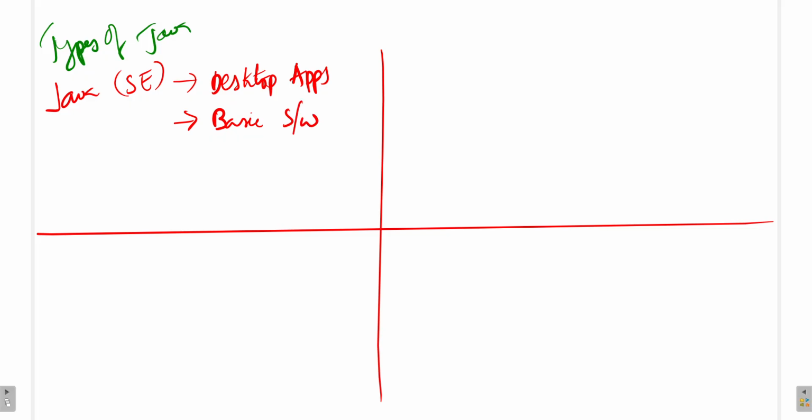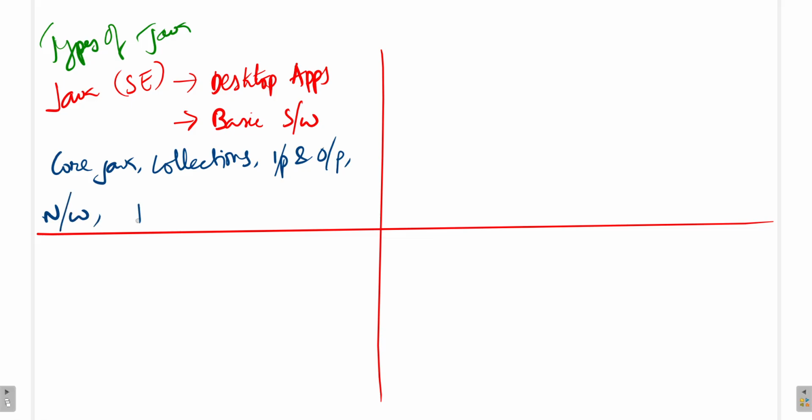Okay, right. So in Java standard edition, we have core Java. We have collections. We have input and output. And we have networking.